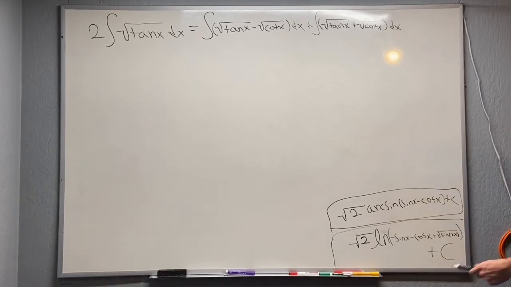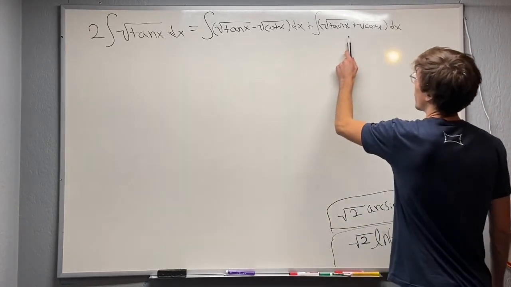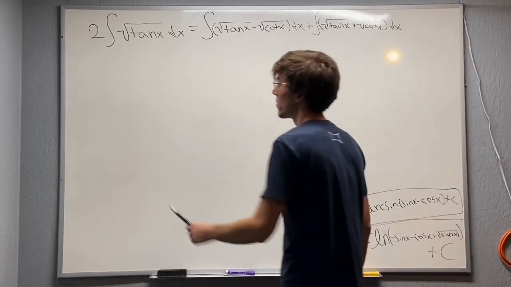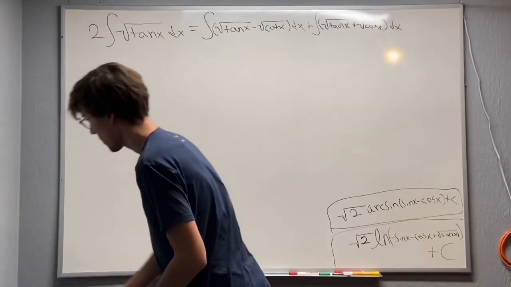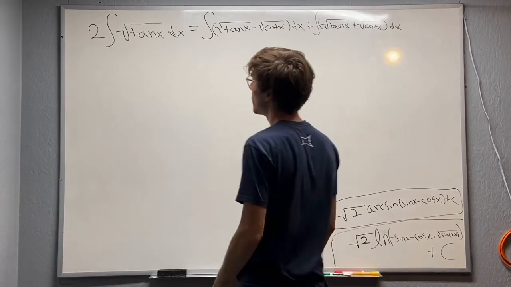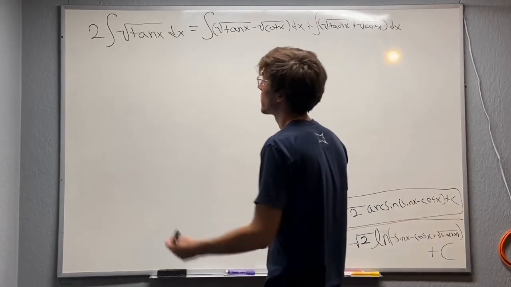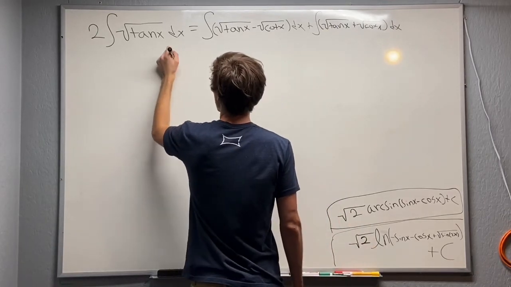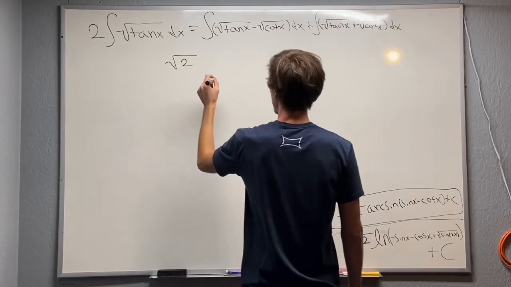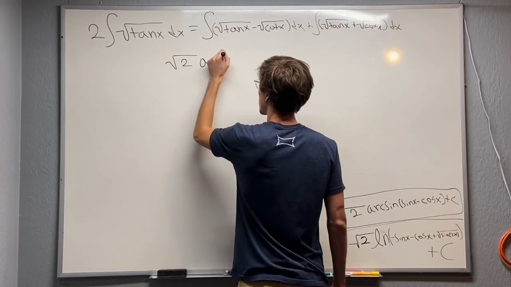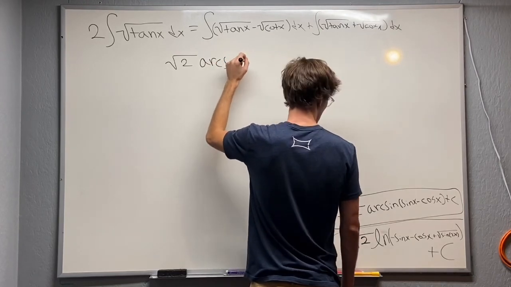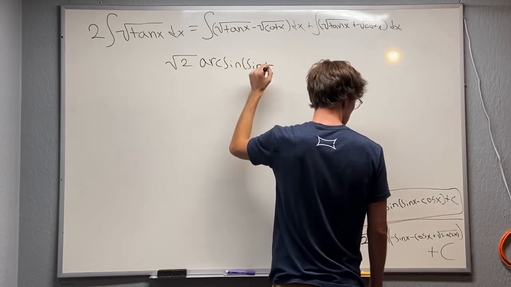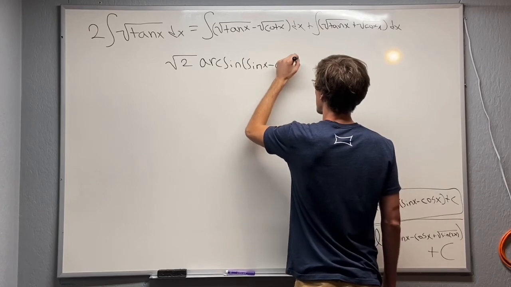Okay, so we know what this is equal to, we know what this is equal to, and we've got them both down here. So basically for this step, we are going to be adding them together, and then we're going to divide by 2, and that'll be our answer for the square root of the tangent of x. So let's just do that now. So we've got root 2 arc sine of the sine x minus the cosine of x